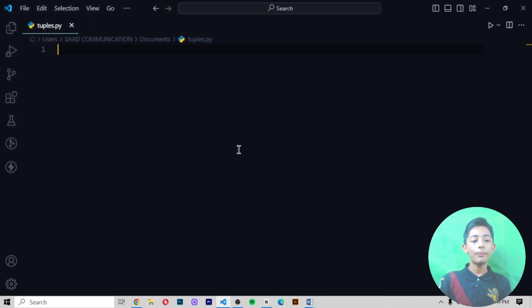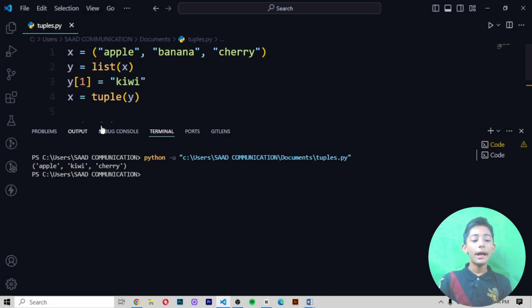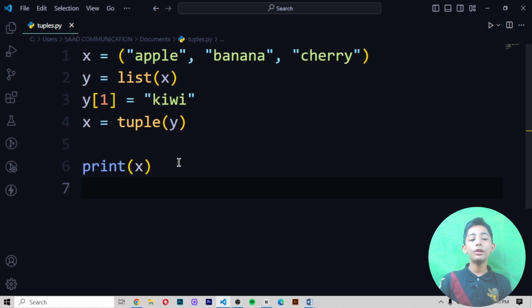Now when I paste this code, save it and run it, it gives me apple, kiwi and cherry. Why is it not giving me banana? Because, as I have told you, tuples are unchangeable. But what I did is change the tuple through the list.